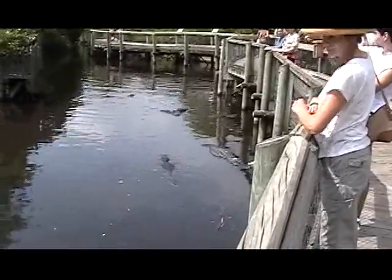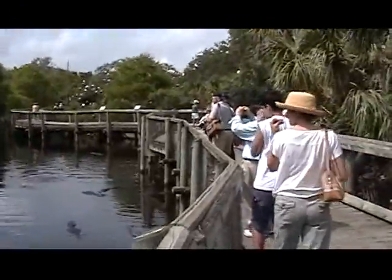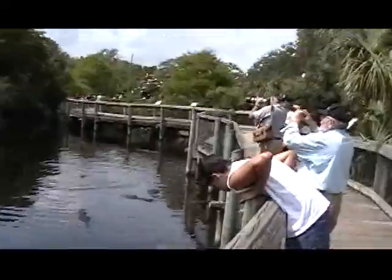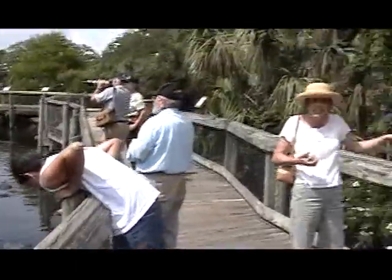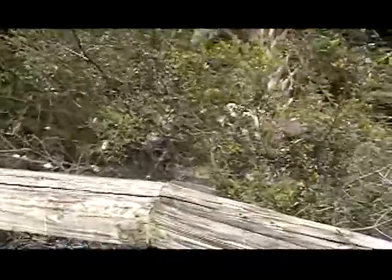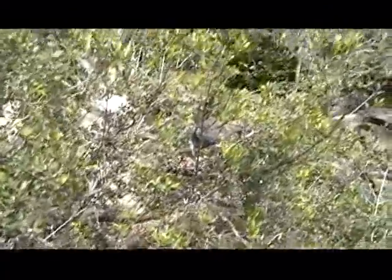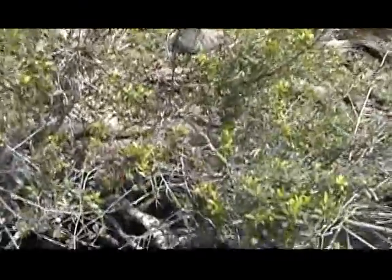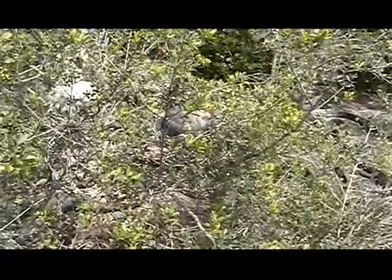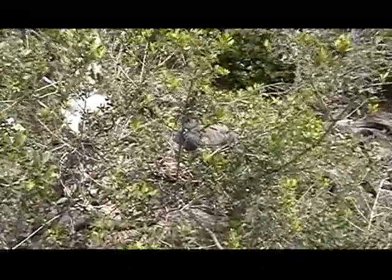Oh, hey Dad, get those. This one has eggs in its nest. Oh, they're all building it. It must be mating season. They're building nests and